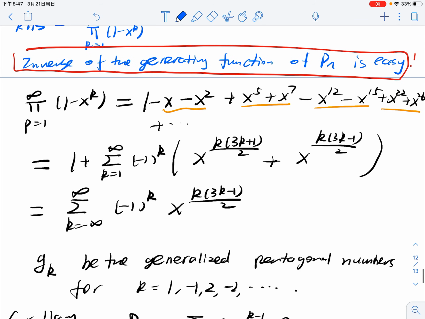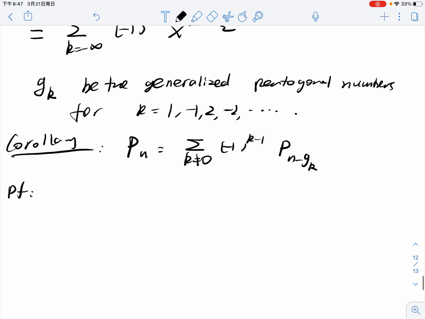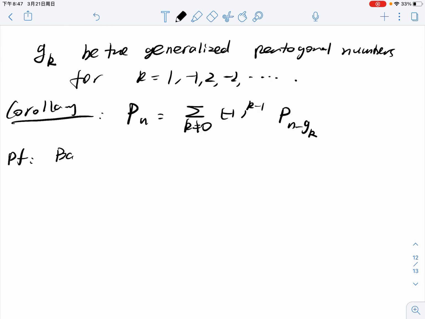We haven't proved this yet, but we are going to prove it at the end. So based on Euler's pentagonal number theorem, it's quite easy